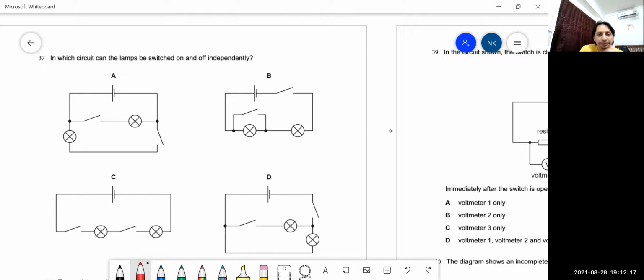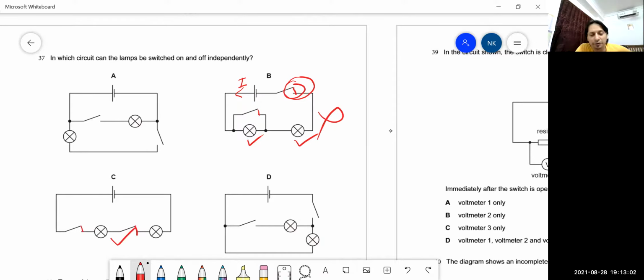Look at all the diagrams carefully and try to understand the statement. I will start from option B, and if I close this switch, then what happens? Now see, current produced by the battery will pass through this bulb, and through this bulb. It means if I switch on here, current will pass through both the bulbs. And if I switch off, then both the bulbs will be off. At the same time, if I switch on the circuit, both the bulbs will glow. So this is not serving the purpose. They are in series combination. In option C, if I connect this, both bulbs are in series combination.